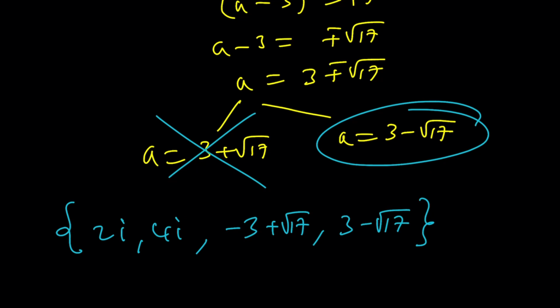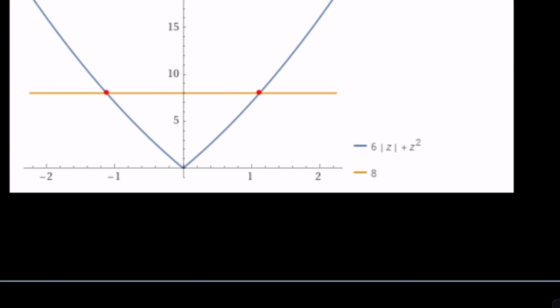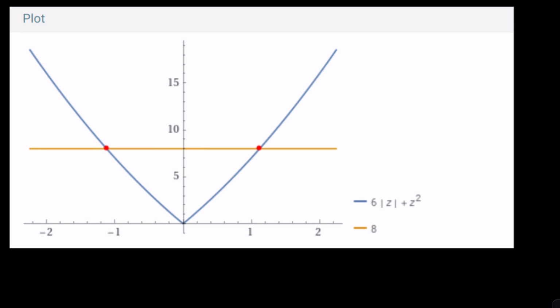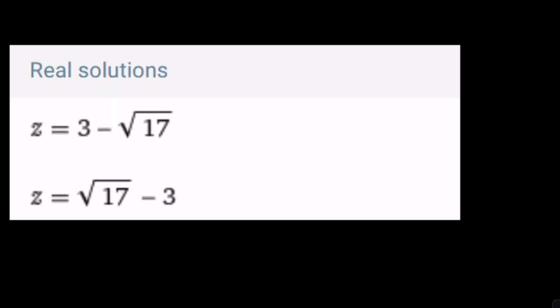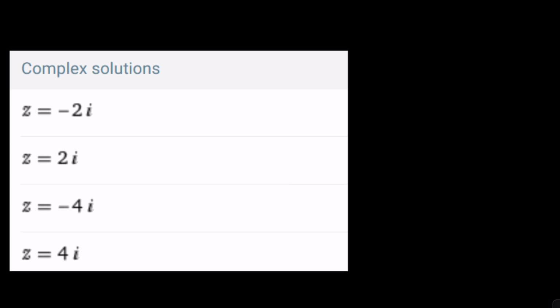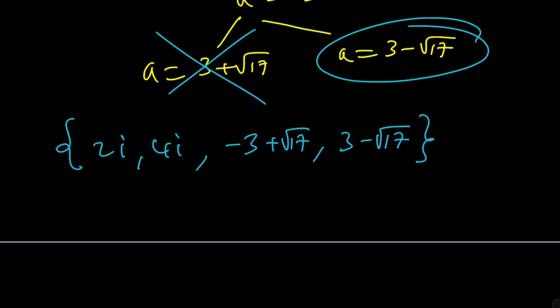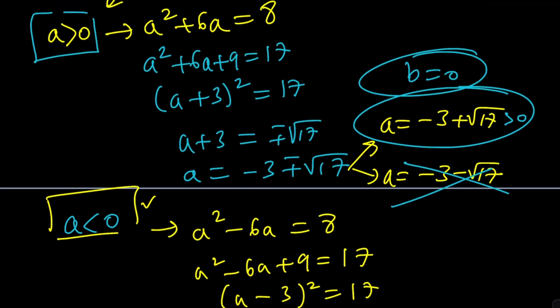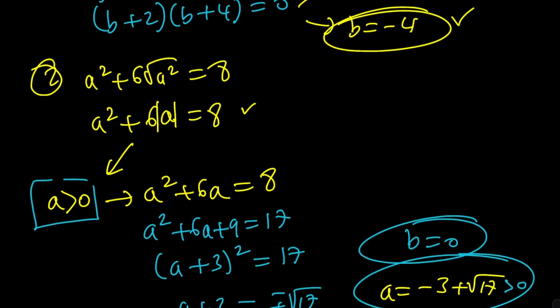Let's go ahead and check them out. So this is the graph of the absolute value. Of course, this is for real numbers. With complex numbers, it's a whole different story, right? And then these are the real solutions as we talked about, and the complex solutions we also talked about. So here's the problem. I told you that I was going to show you two approaches, right? Well, with the two approaches,